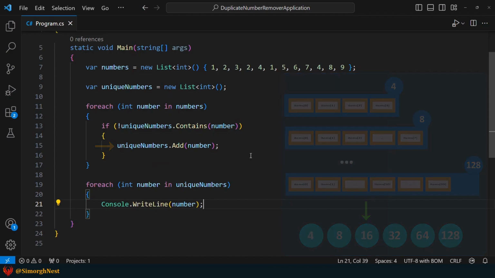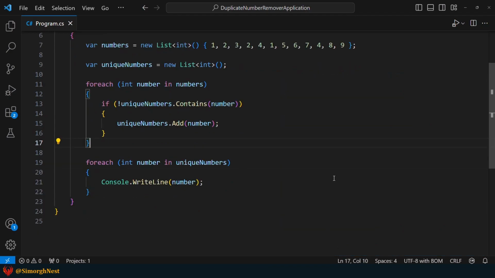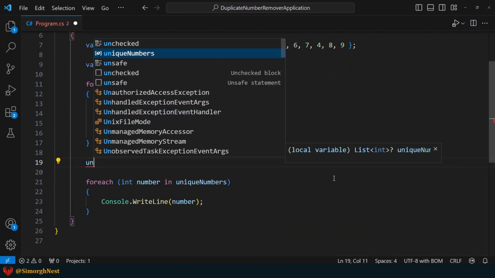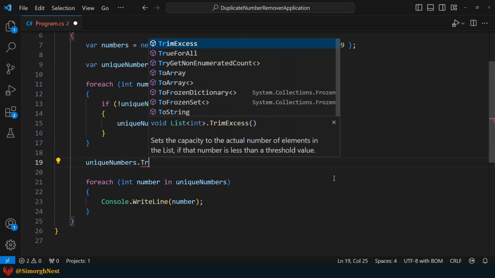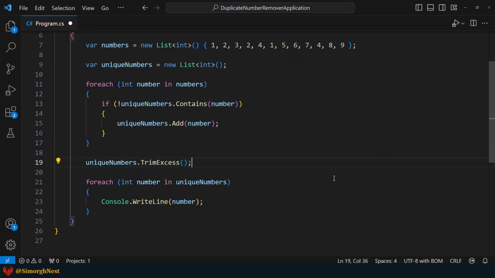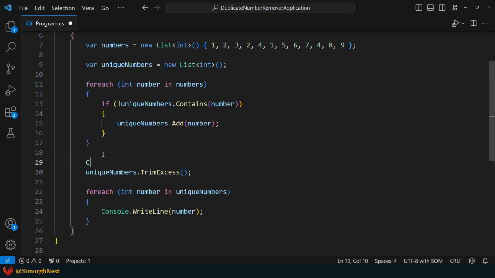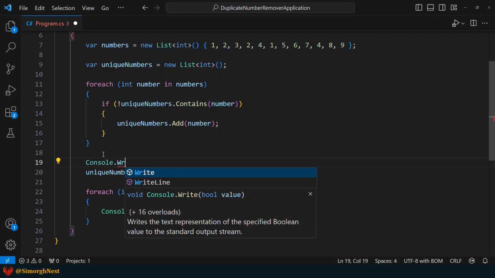In order to remove these extra empty spaces, let's call the trim excess method on this list. Now, after using the trim excess method, the capacity becomes 9. Okay, let's print the capacity before and after calling the trim excess method.